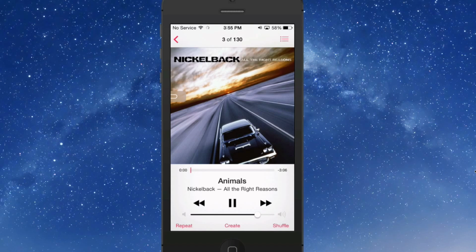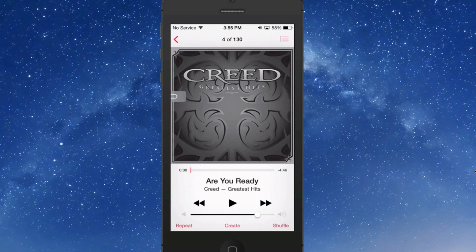Now playing. Are You Ready? Greatest Hit. Now playing. Animals. All the Right Reason. And you can see I'm flipping through them so fast it's getting it sort of jammed up, but I'm going to pause that, turn